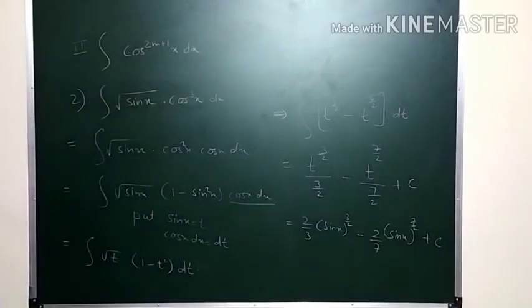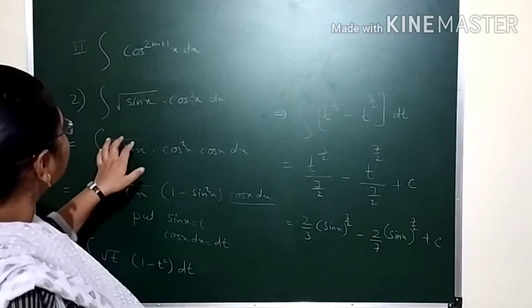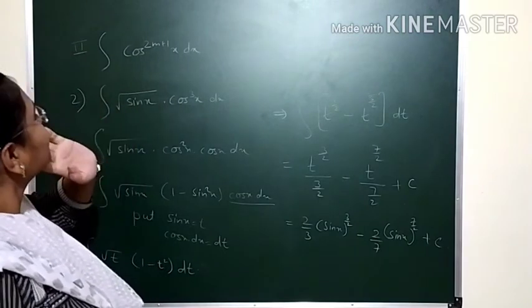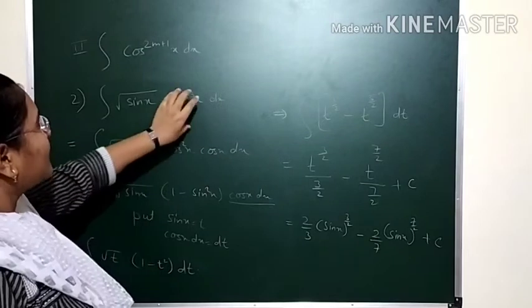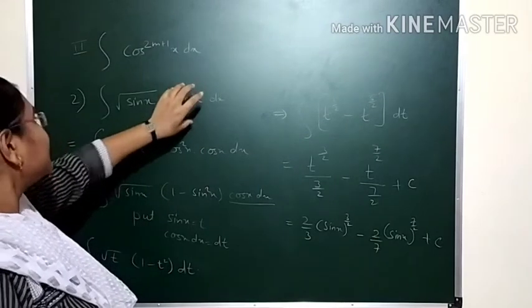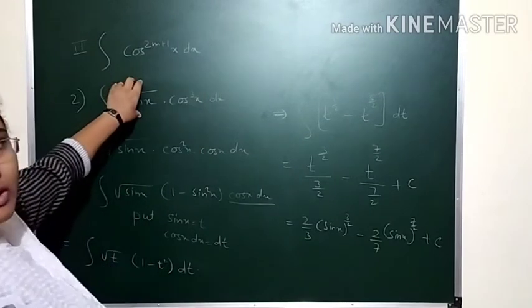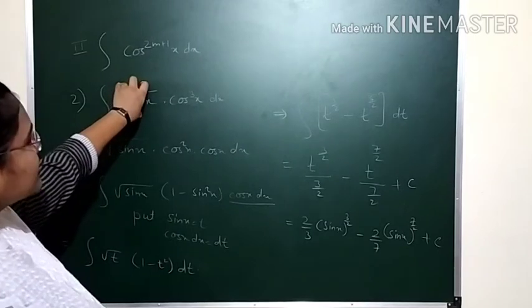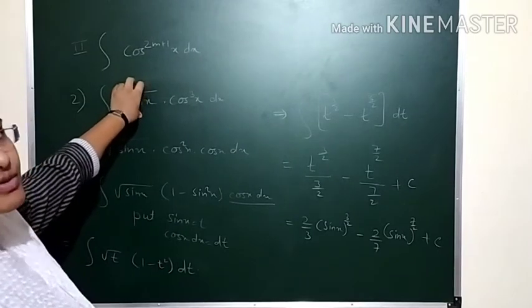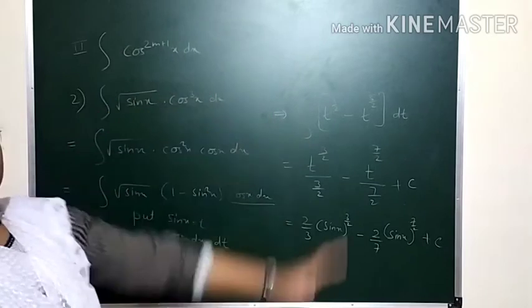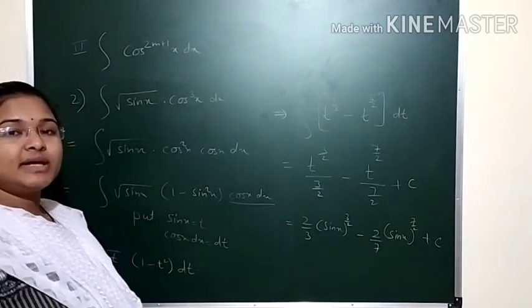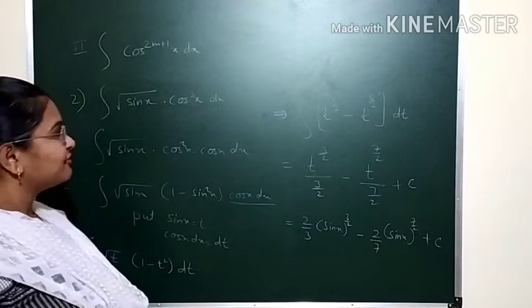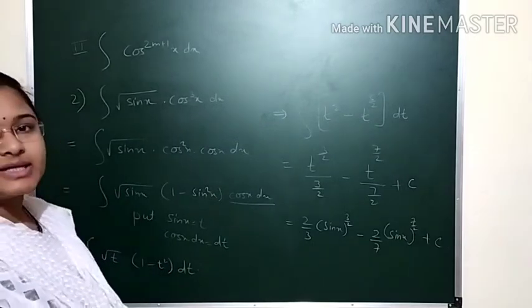If you look at the example before solving it, you will see that the square root of sin x is given and cos cube x dx is given. That means an odd power of cos is given here, but along with that one more expression of a trigonometric function is given. In that case also you can use the same tricks for evaluating the integration of odd powers of trigonometric functions. Any doubt in this?